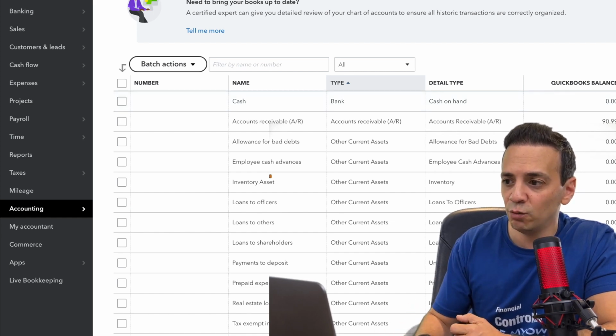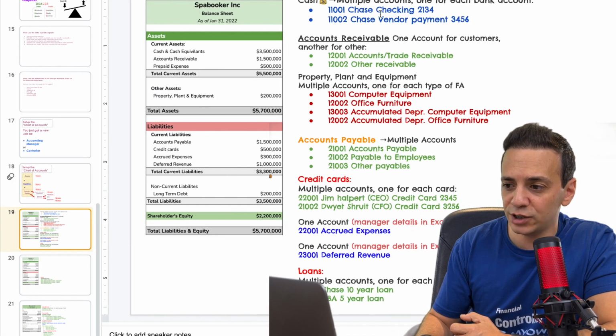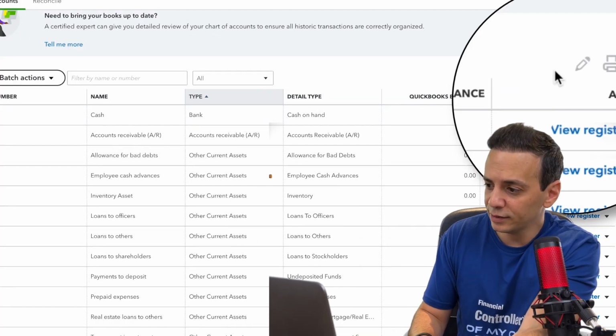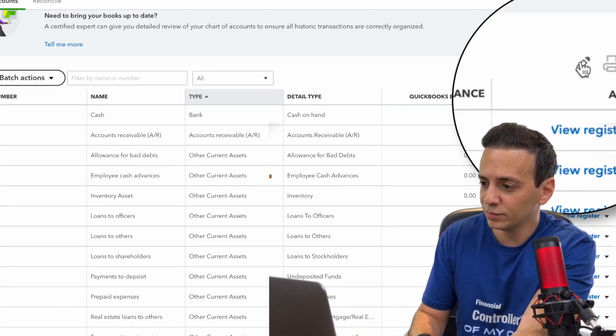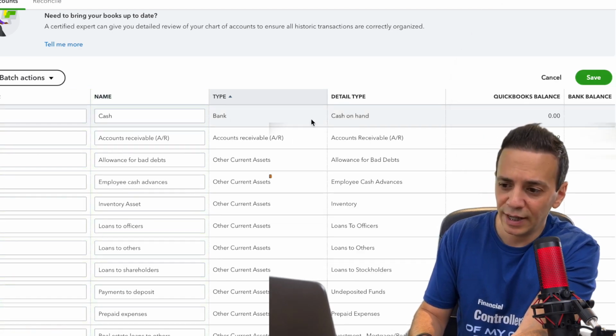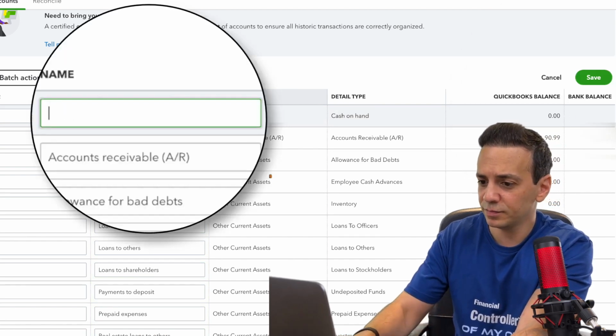because if you remember when we looked at cash, we wanted to create 2 different accounts, one for Chase checking 2134 and one for the second Chase account that we have. So the way that we do this is to go ahead and click on edit. There is a pencil here that says edit, and this allows you to create edits in bulk. So I'm going to go ahead and change the name of it,